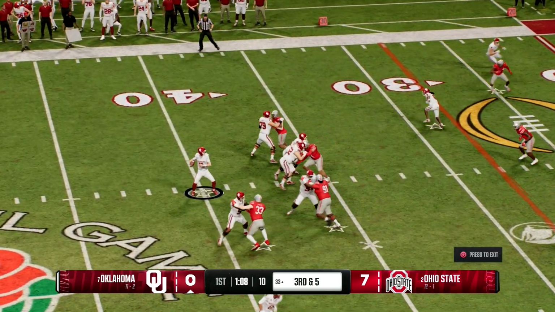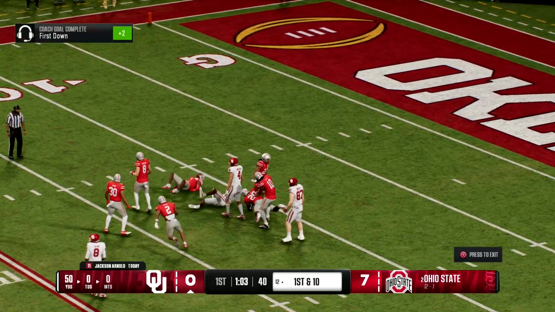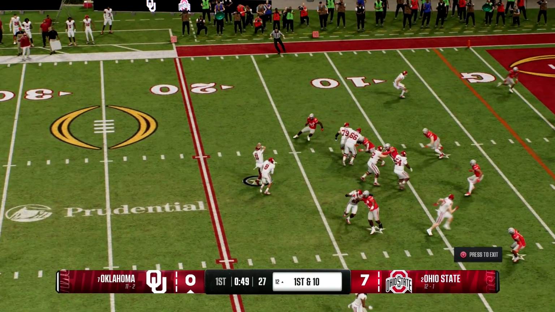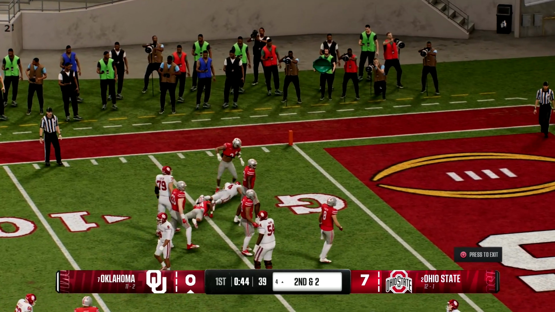Arnold out of shotgun will drop back to pass. He's firing this one downfield. He finds Farouk for the first down inside the 15, ruled down at the 12-yard line. On the next play, we'll come out in shotgun with Taylor Tatum still in the backfield. We'll take the snap. It's a quick throw to an open man caught by Nick Anderson, and he is brought down to the 4 to set up a 2nd